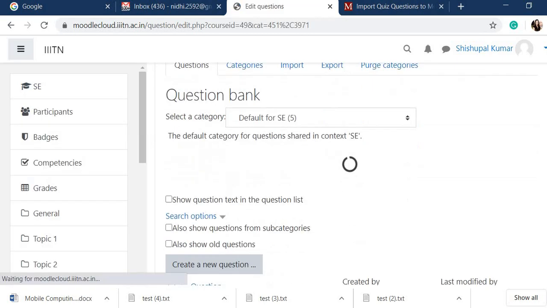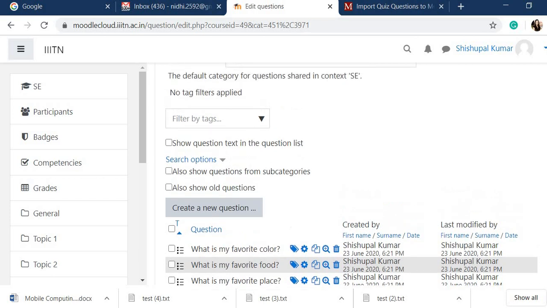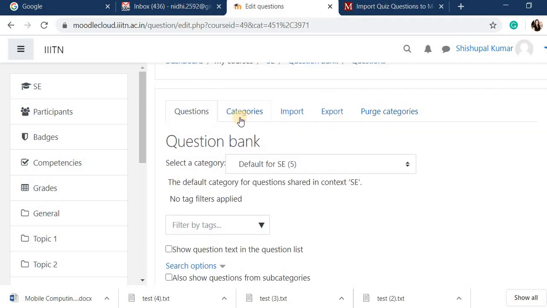From this question bank you can see the 5 questions are successfully uploaded, and if you want to make any changes, you can just click on the edit button and make any changes. Now your question bank is created. If you want to change your category, you can, otherwise not.